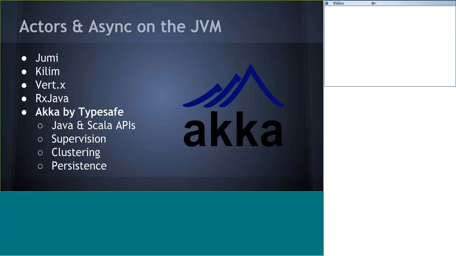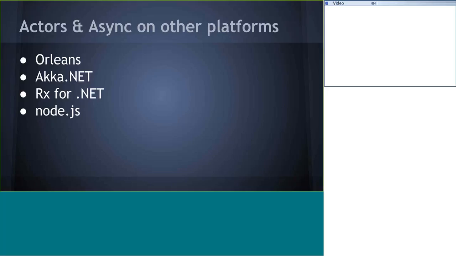Akka is kind of the big one in terms of actors on the JVM. And there is an Akka.NET implementation. So if you're interested in Akka on the .NET platform, that's a great place to look. Orleans, again, that's a really good one. And Node.js seems very actor-like to me. It's almost like a single actor. It uses callbacks instead of messages, but similar concepts. So I think a lot of those similar benefits about dealing with concurrency and things like that.